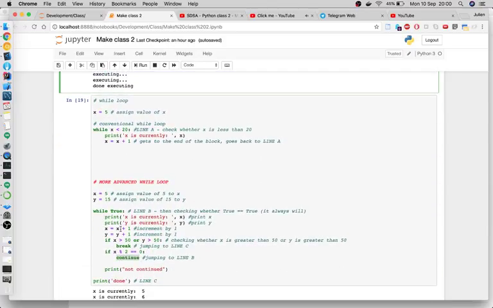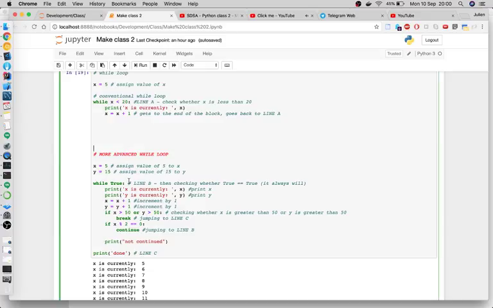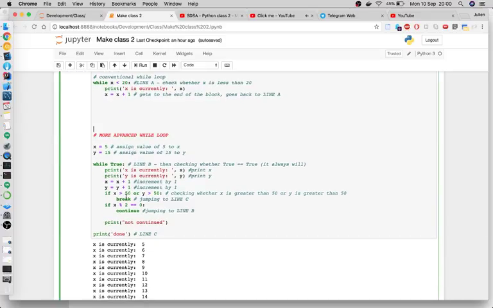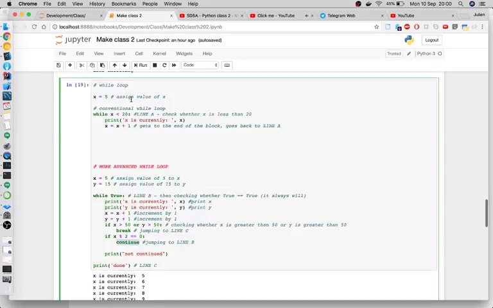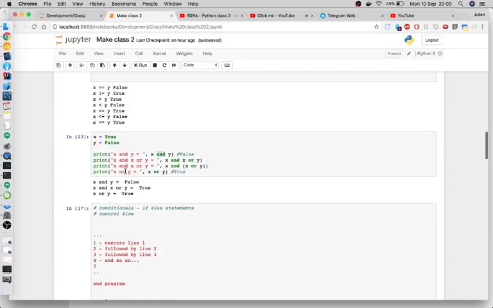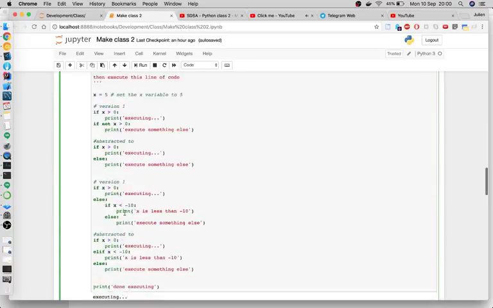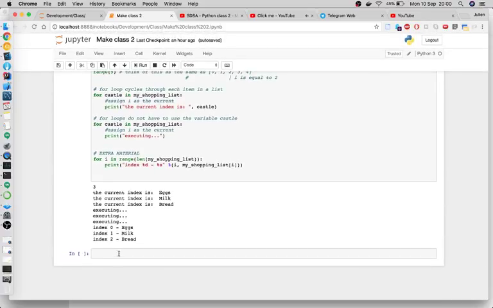You then have while loops, and if you can understand this, kudos to you. It's just a break statement and a continue. All of this is under the whole concept of what's known as flow. This is how you control a program. So that's one thing. Okay, let's talk about